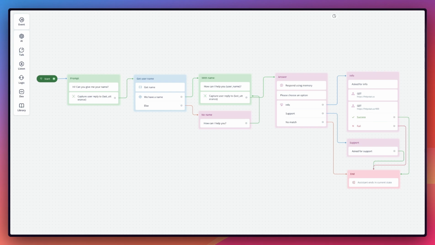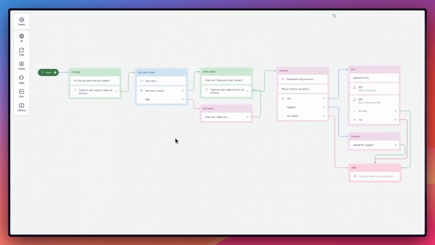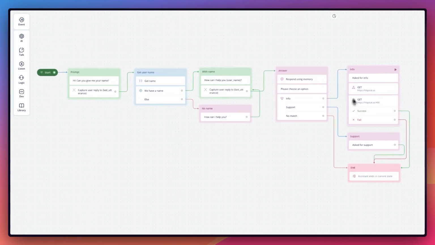And with that in mind, you can start understanding that we are basically in the middle, so we can choose what we want to log. And at the same time, we can also choose to send some data to our business analytic tool or our own database, for example. So in this project, we have a simple flow where we ask the user for their